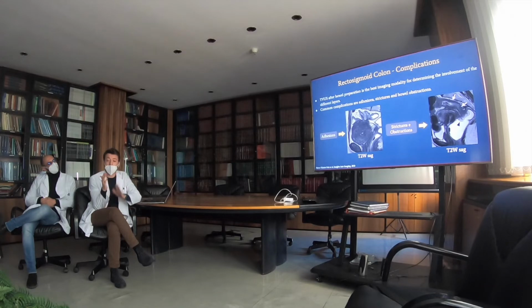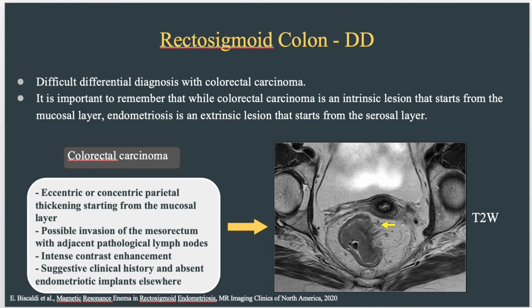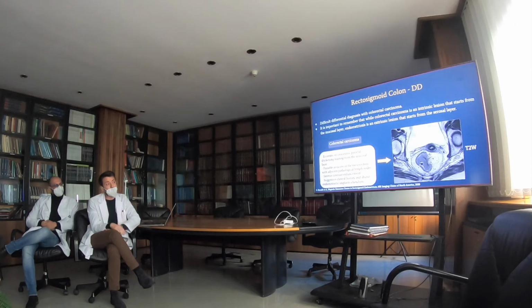Remember that when the endometriosis infiltrates the internal layers, the most common complications are adhesions, strictures, and bowel obstruction. And the best imaging modality for determining the involvement of the internal layers is the TVUS. Remember that we must do a differential diagnosis with colorectal carcinoma, which tends to infiltrate the external layers with infiltration of the mesorectal adipose tissue and the lymph nodes. And we can make the differential diagnosis with contrast agent, for the intense contrast enhancement of this